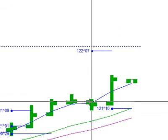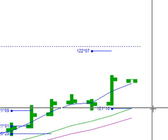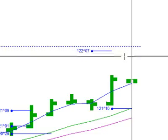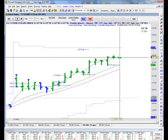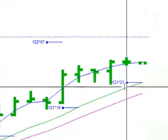Basically, this is the fun trade. We can just sit back and move your profit stop, move your profit stop, move your profit stop until it either takes you out of the green line or takes you out at your profit target. So let's go ahead and fast forward this. Our entry is at 10:20. The time is now 12:35 in the market. So you've been in the market a little over 2 hours, and you've been riding this nice trend up,